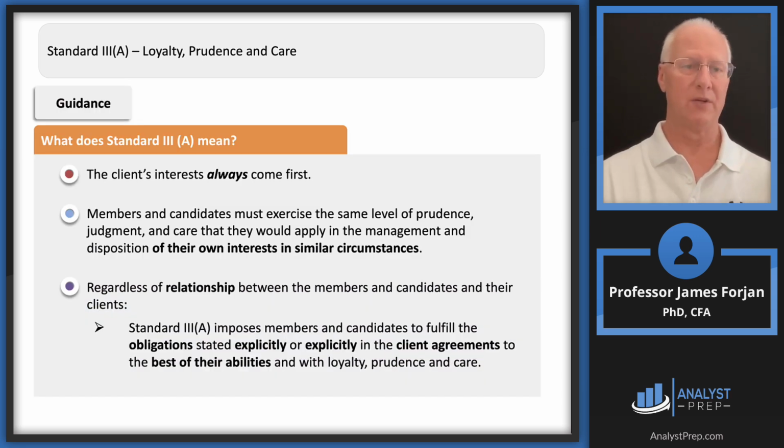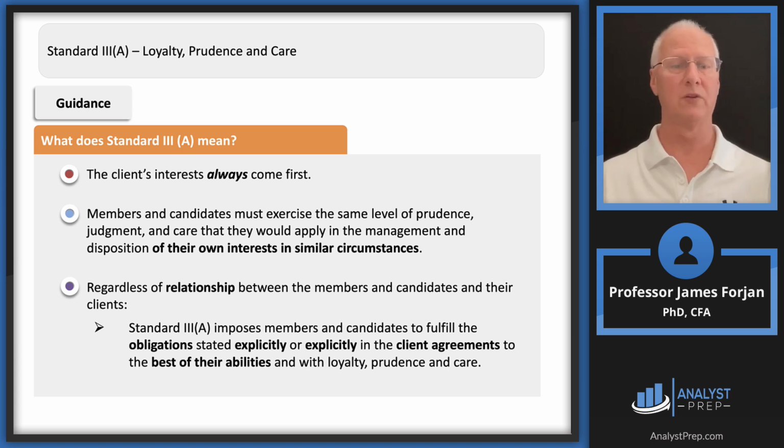Now, under guidance, let me just remind you that there are highlights for each one of these. And as I've said in those previous recordings, those are probably pretty good sources of questions. So let's look at the 5 highlights here under loyalty, prudence, and care. First of all, understanding what loyalty, prudence, and care means. Identifying the actual client, which we'll talk about here in just a second. Developing the client's portfolio. Soft commission policies, and then proxy voting.